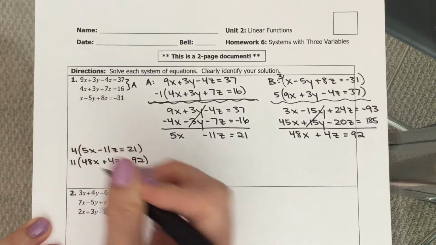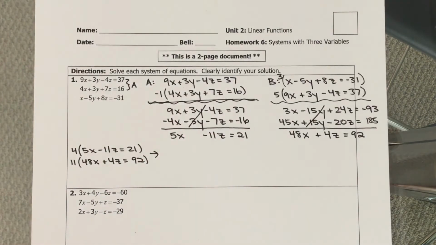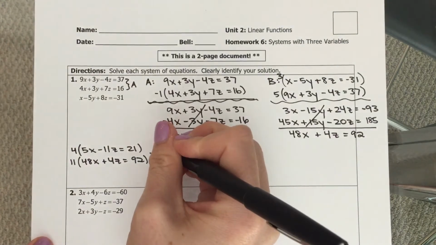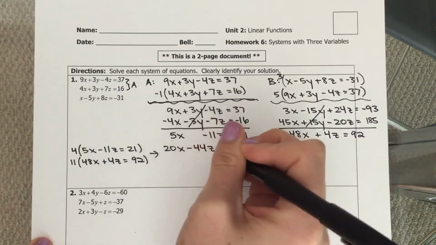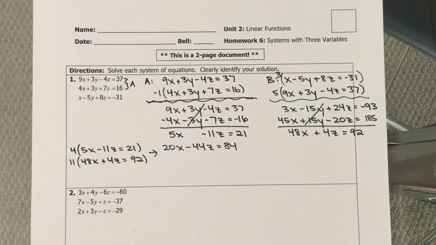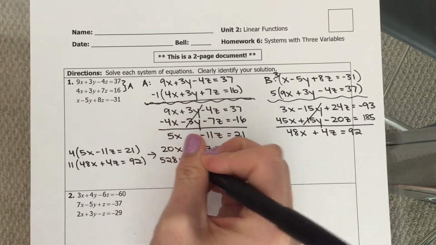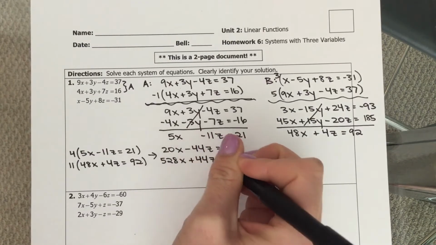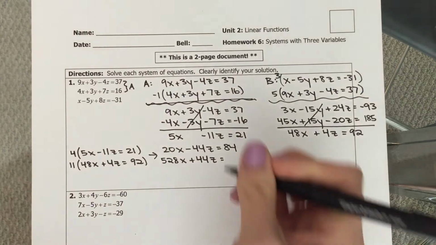Okay, so let's rewrite what we've got here. Might have to use a calculator for a couple of these. So this is 20x minus 44z equals 84. Then multiply everything through here by 11. So let's see, 11 times 48 is 528. That's a positive 44z. That's what we get to cancel. And then 11 times 92 is